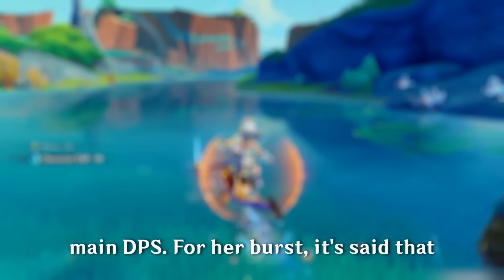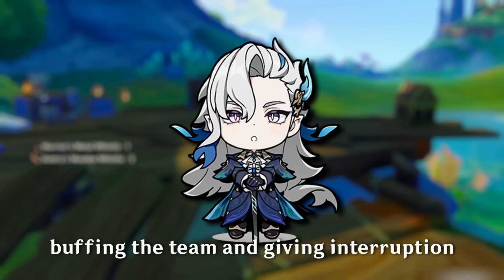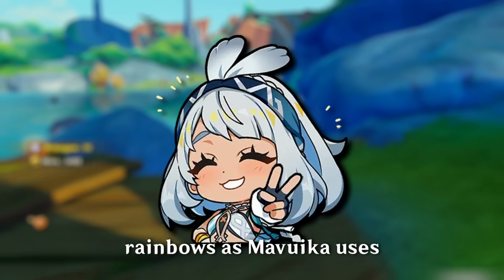a main DPS. For her burst, it's said that she can provide consistent off-field damage while buffing the team and giving interruption resistance. Also, there's a basic attribute boost, making everyone on the team glitter with rainbows as Mavuika uses